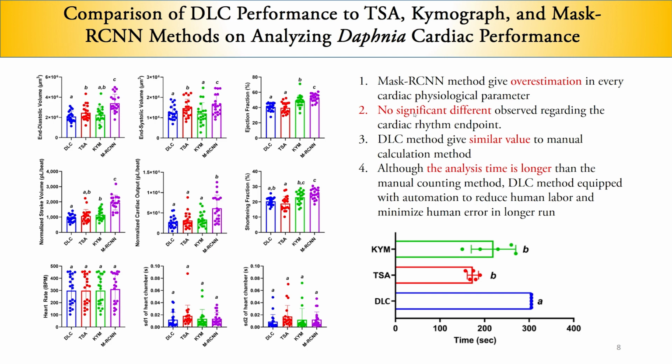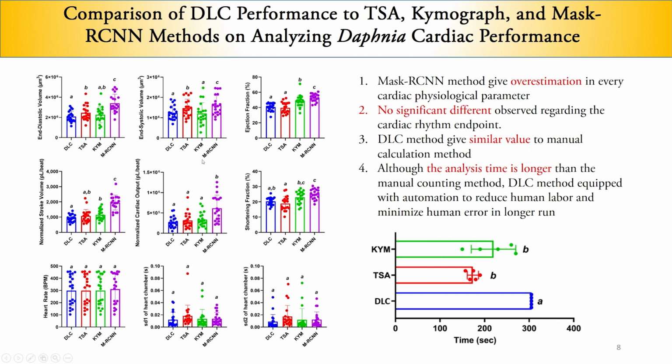And next, we compare the DLC performance with the previous method, which is the TSA time series analyzer and chemograph method, which is based on ImageJ. And we also compare it with the previous Mask R-CNN method to analyze the Daphnia cardiac performance. And as we can see here, if we compare the DLC method with the Mask R-CNN method, it will show